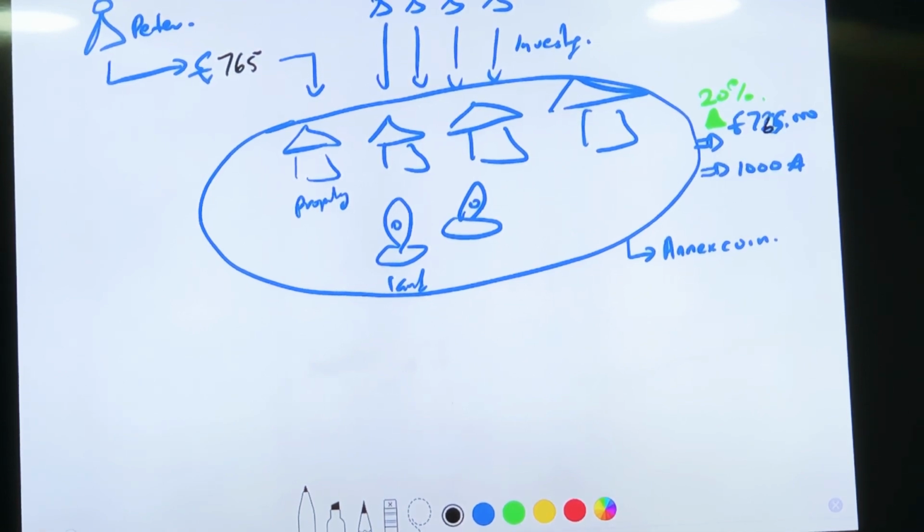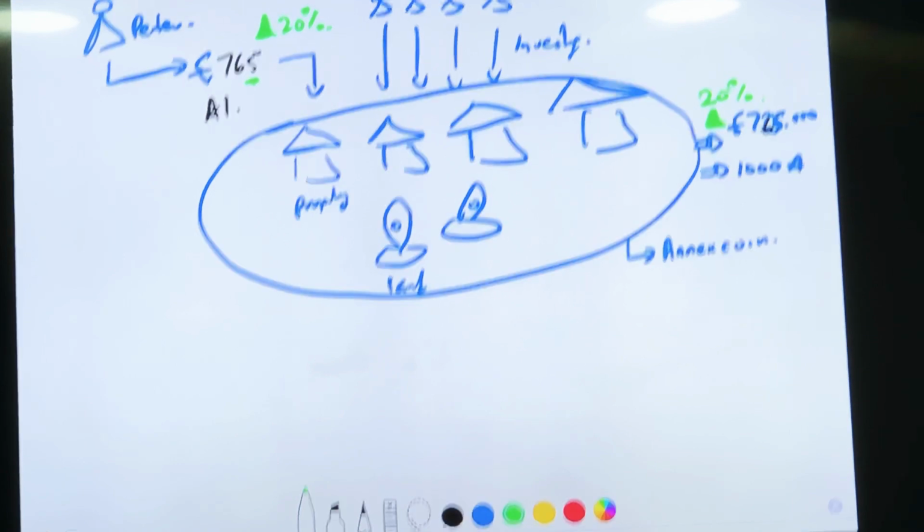Now Peter has one annex coin, and as a result of the total valuation, capital gain of the property, it is now up 20%. So what you will now find is that Peter now has not just 20%, not just the £765, but he